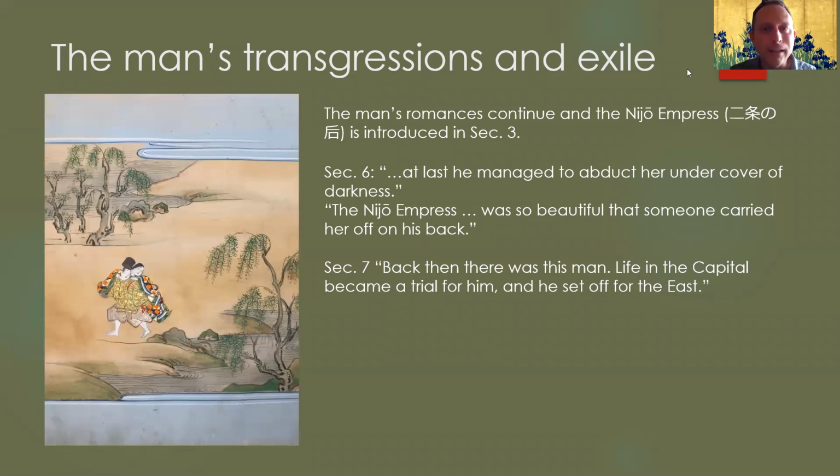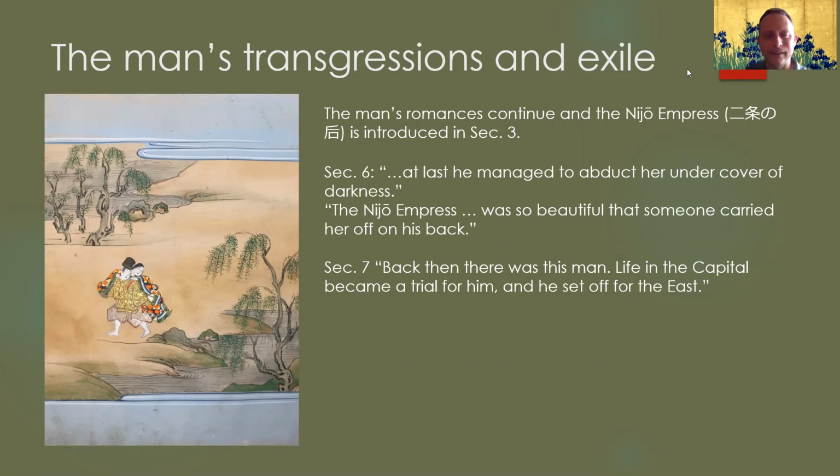So I added this slide to explain in more detail that we see someone named the Nijo Empress, Nijo no Kisaki, could also be translated the Nijo Consort, who is introduced in section 3. And then we find that the protagonist is having a relationship with her. And finally, in section 6,